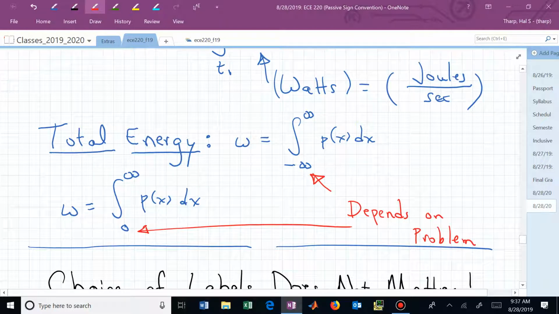If somebody gives you P of x from minus infinity to plus infinity and they ask, what's the total energy, then you need to integrate from minus infinity to plus infinity. If they say, starting at t equals 0, this is what P of x looks like, what's the total energy, then you just go from 0 up to infinity. That's the connection between